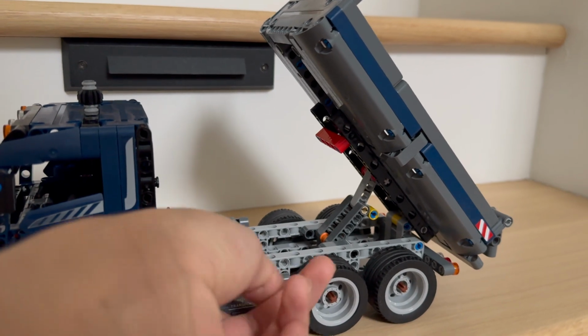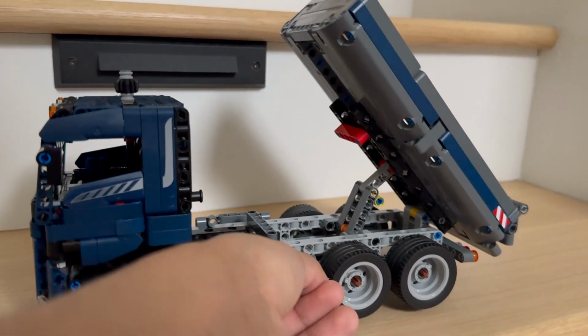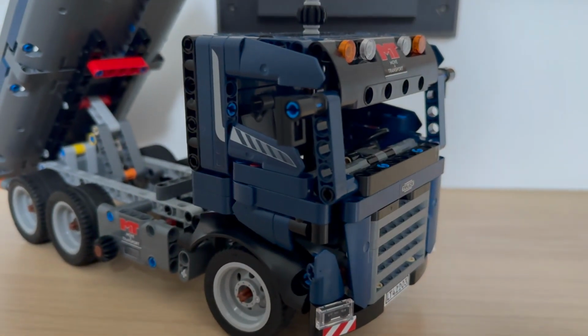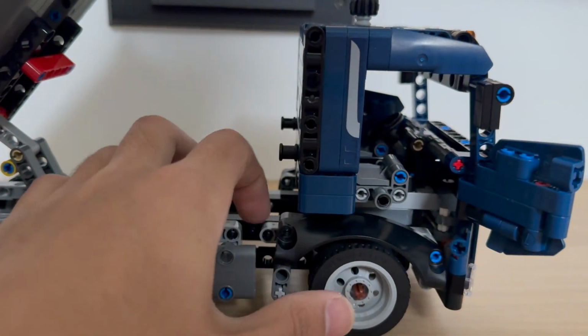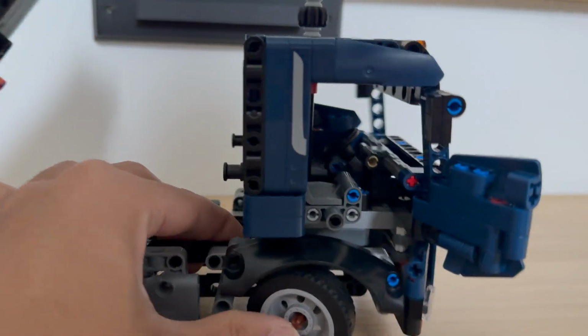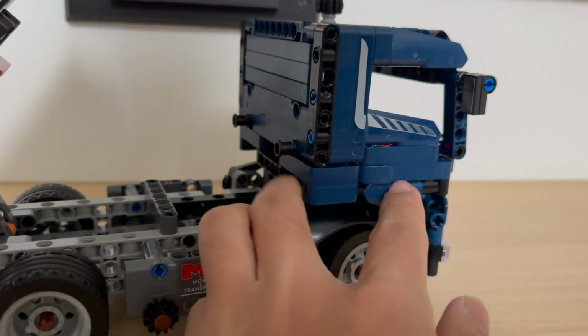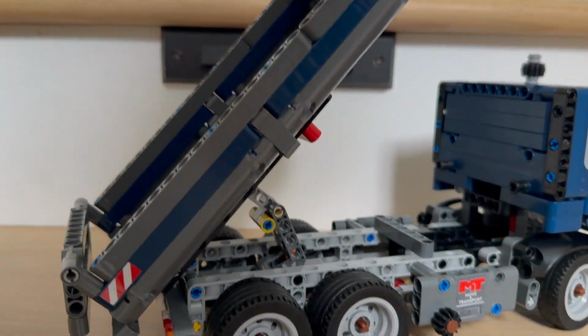It's using one of those older piston elements, which you kind of spin around and cause it to articulate, and of course the back does open up, but there's literally nothing to pour out of the tip bed, which feels like a bit of a missed opportunity to me when it comes to playing with the model. Of course, you do have Hand of God steering, which I feel like is kind of essential for every Technic set nowadays. Even the polybags have steering, so it's nothing really to write home about, and while the color scheme